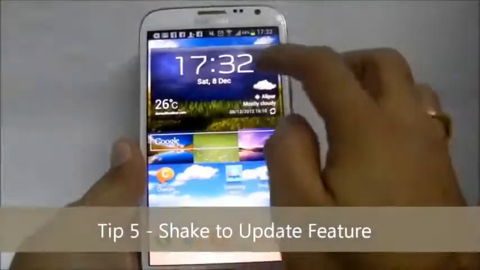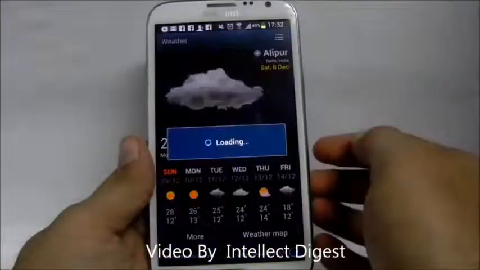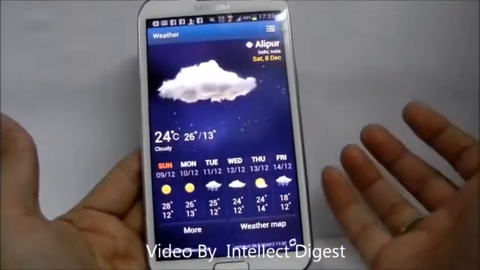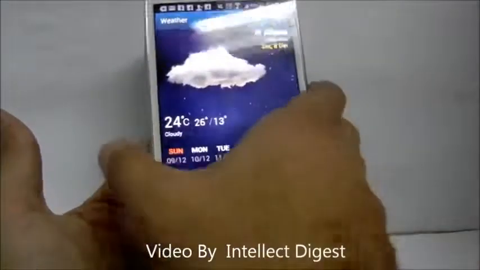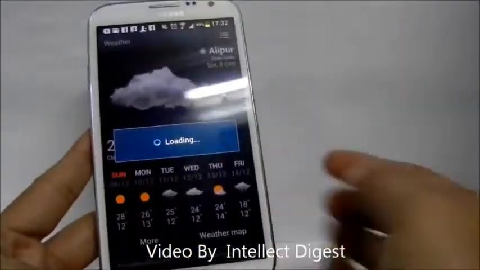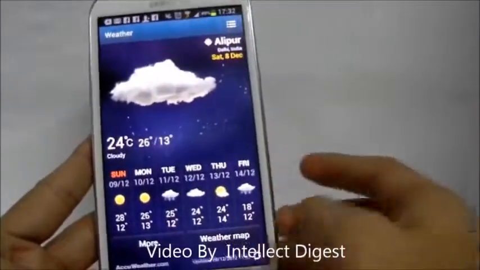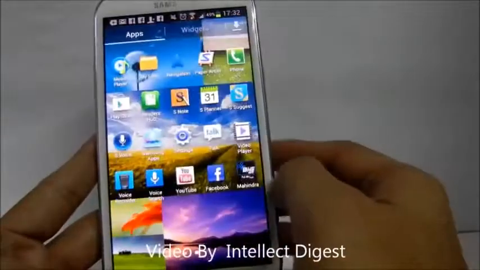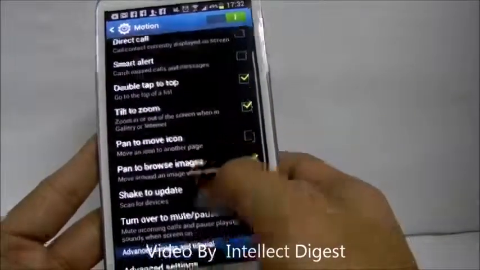There are widgets like weather widgets which keep on updating with time. So just click on those widgets. That can be a stock market widget or that can be a news widget. You can just shake it to update the widget. I just shook it and it is now updating the weather. You can turn on this feature by going to apps, settings, motion settings, and in motion settings you have shake